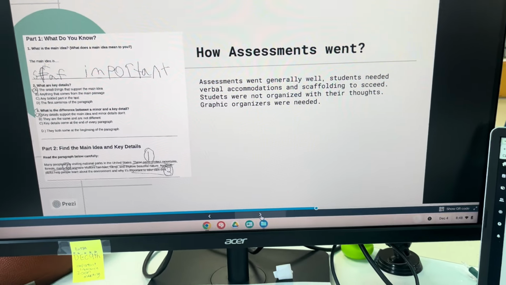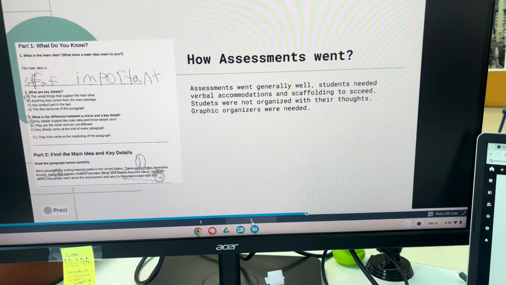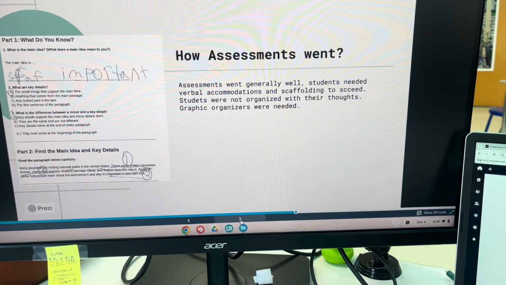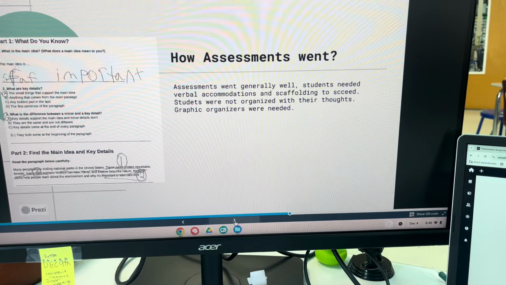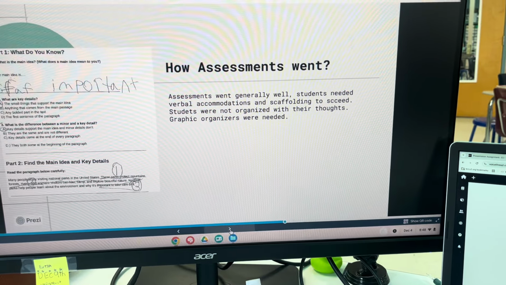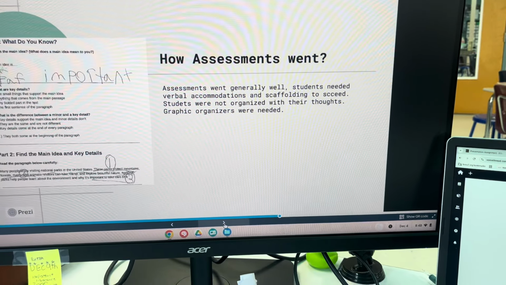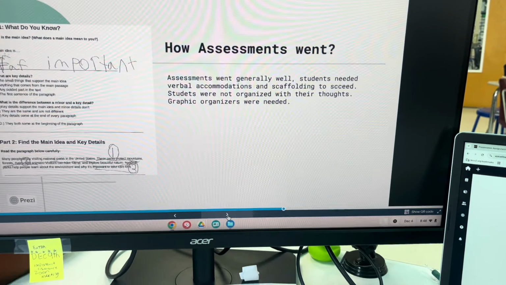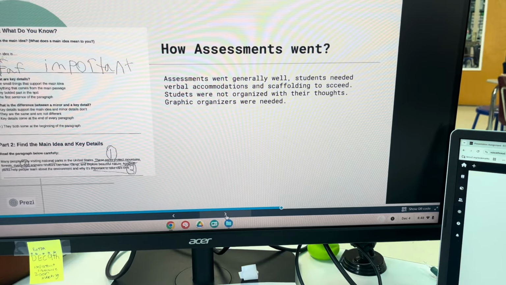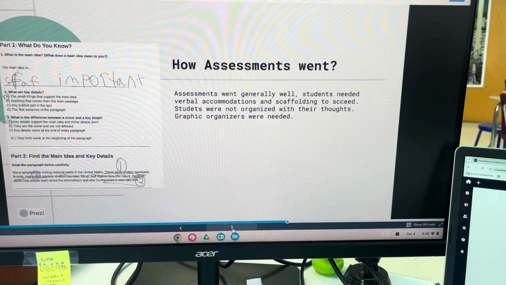Assessments were fun. I think they went good. You can see here, I asked what the main idea was, and a kid said stuff important. And so you could see that sometimes they got the point. A main idea is the most important part of the text, so I counted that. But then you can see on his multiple choice questions, he did really well.